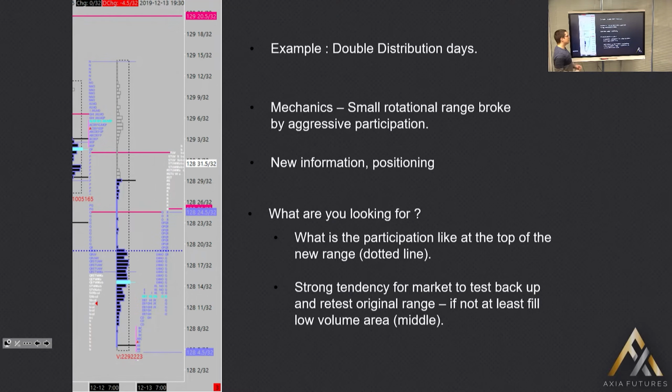And because of that, you sort of know what you're looking for in the context of where you expect certain order flow to come in or not come in, or for the market to keep doing what it's doing as the day progresses. And essentially, once the second distribution forms, you're very interested to see